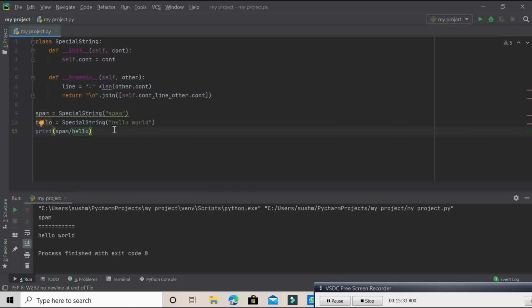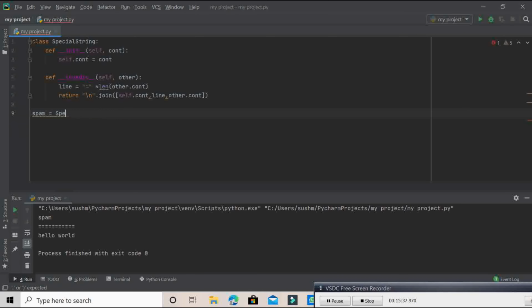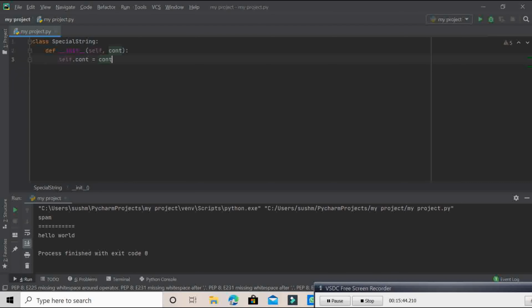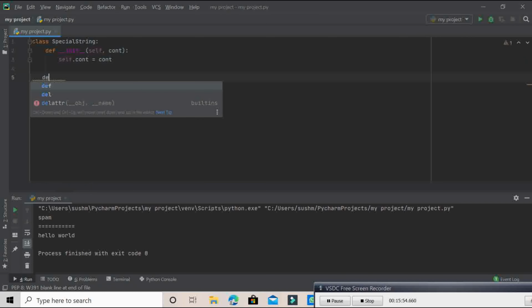Okay, now let me give you the example for this also. In this also we are using class SpecialString, and first three lines are going to be same, and then the next operation we are going to write is